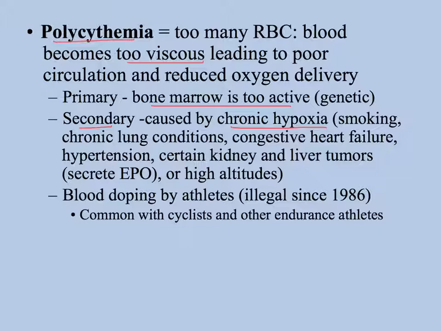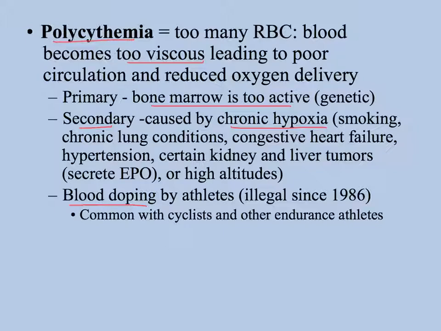It's also seen in a situation that is illegal, something that's known as blood doping done by athletes. And this is something that was the big doping issue in the cycling world that Lance Armstrong lost all of his awards over. Blood doping is still going on, and you can still find reports of professional or Olympic athletes who have failed the test for it because they still test for it. But basically either people take synthetic EPO or another drug that's very similar in promoting the production of red blood cells, or they